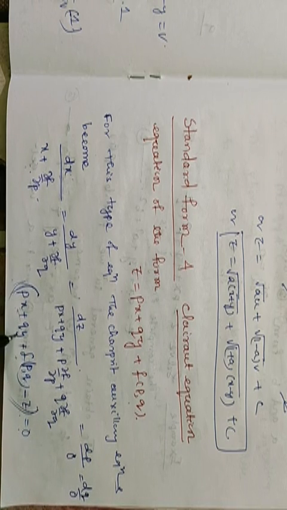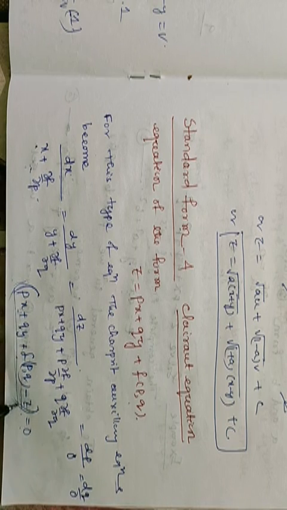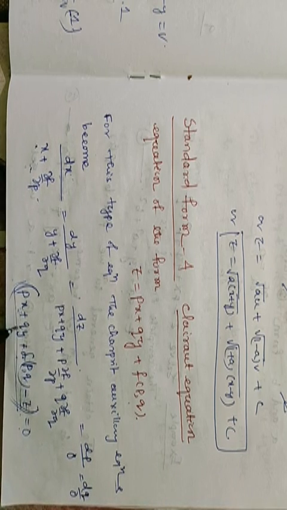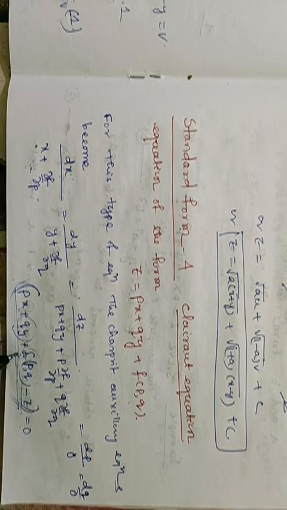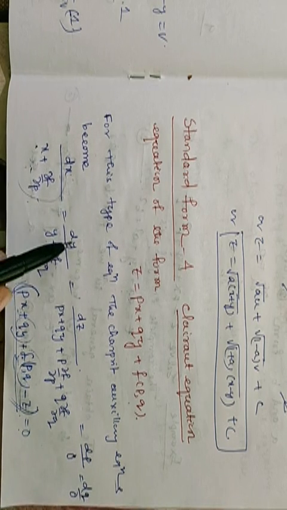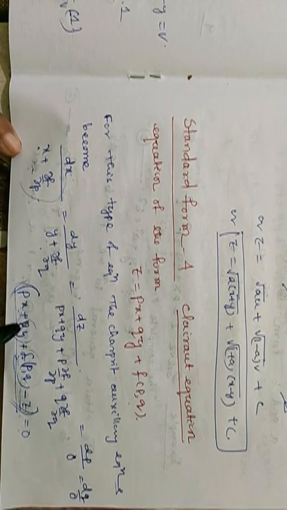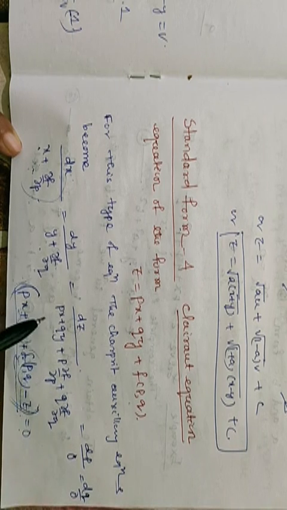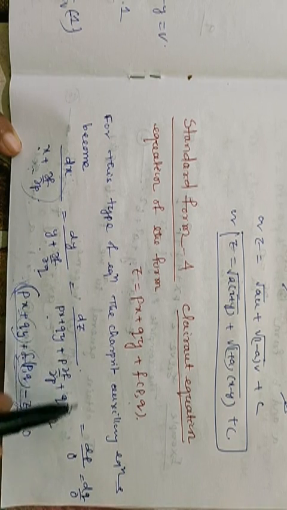What is the derivative of F with respect to p? Now this is our F, and this f is another function. If we differentiate the left hand side with respect to p, we get x plus del f by del p, since the rest is independent of p. So what we get is x plus del f by del p. Similarly, dy by del F by del q: differentiating with respect to q, we get y plus del f by del q. And dz by p del F by del p plus q del F by del q is this much.